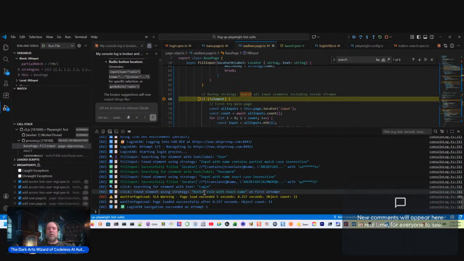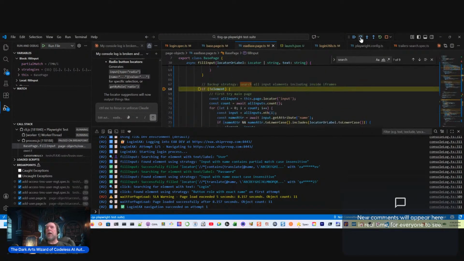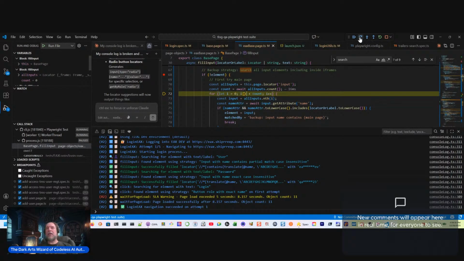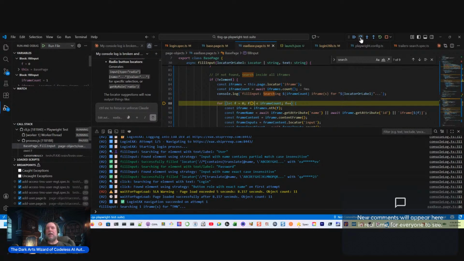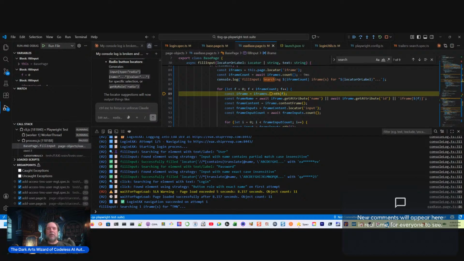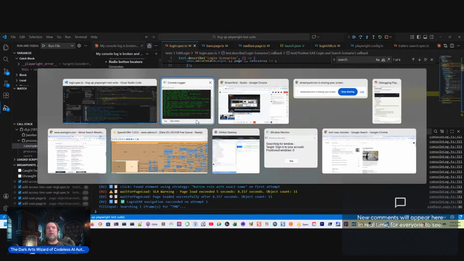So we have a button role over here, and I am going to let this run through my code. It goes and gets all the inputs that it can find and finds an element, and then we'll highlight it and output the information. So, searching this frame for this element, and it says, yeah, I found one. And it should, if I'm correct, go,